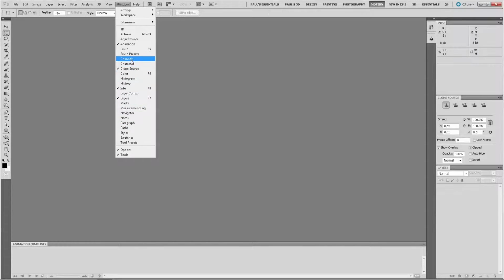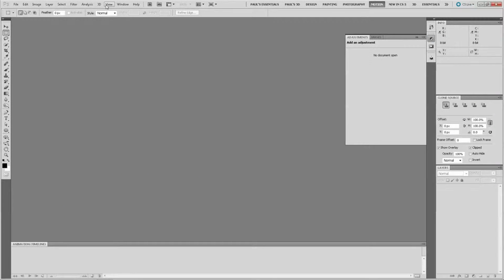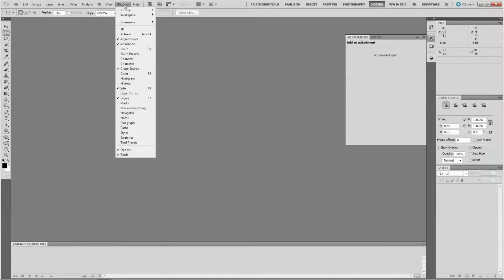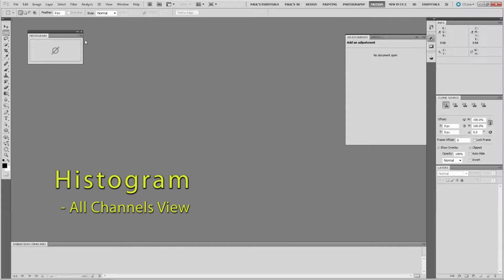Windows, adjustments. Set it for expanded view. Secondly, histogram. Then set the histogram for all channel view.